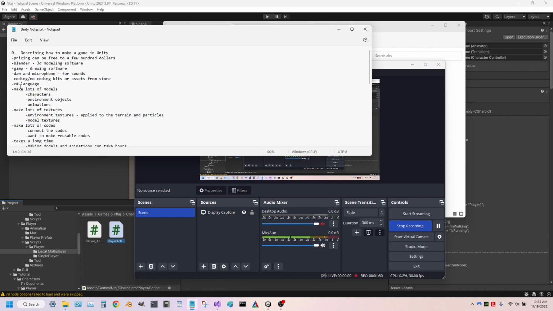So the coding language for Unity is the C# programming language. So you're going to have to learn that in order to code in Unity and make a game from it. And then